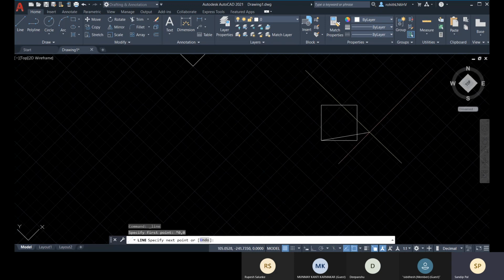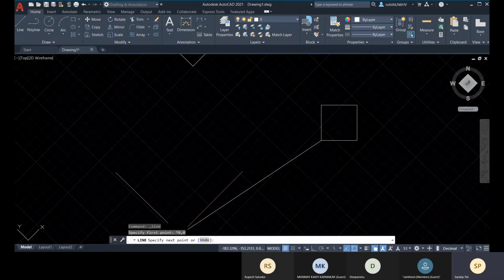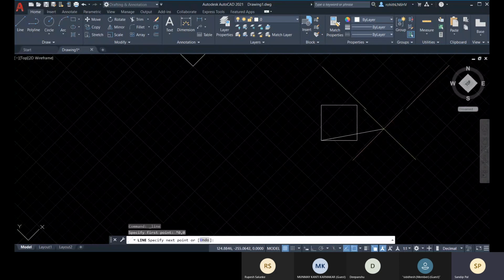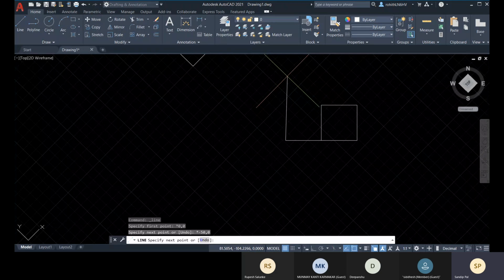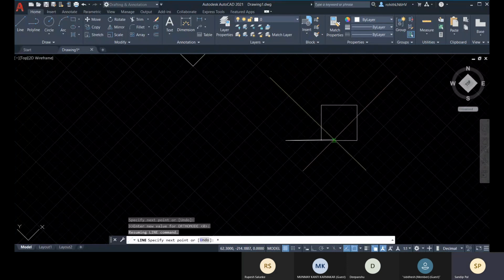So now let me do one thing. Let me go with the negative values so that I don't overlap this drawing. So star -50, 0, enter, and there you can see. And then again star, and from this origin it will be -50, 50.